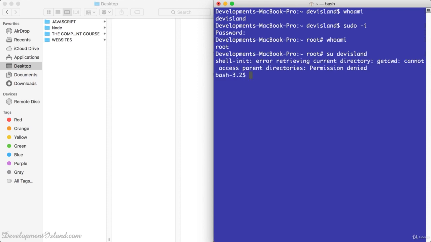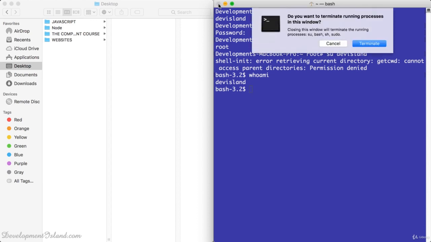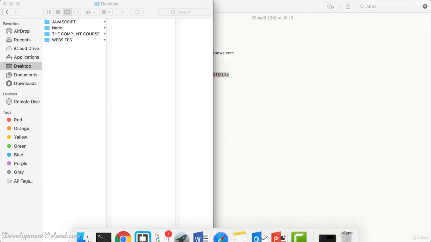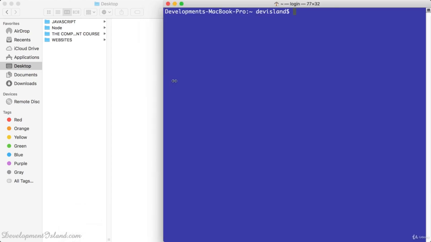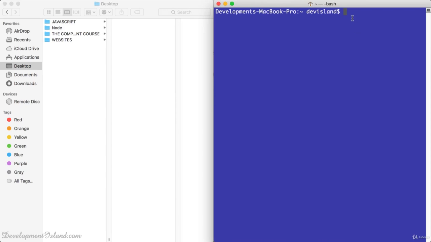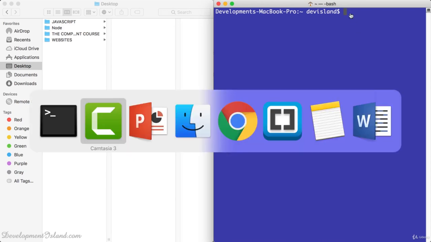Okay. So you don't have to worry about that error. If you type who am I now, it's going to tell you that you are currently logged in as Dev Island. All right. So you don't see the same thing there. You see bash -3.2. All right. So all you need to do is just restart your terminal and you can recover that. All right. So now let's move to the next example,